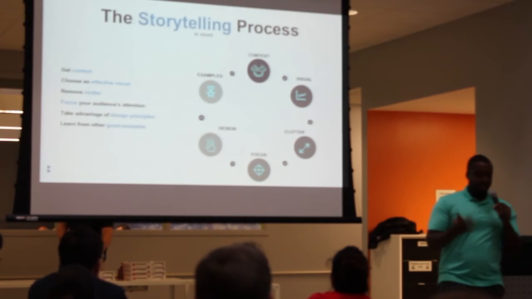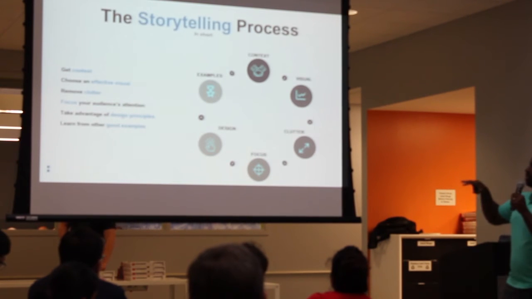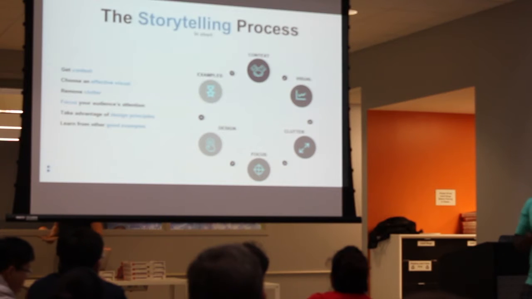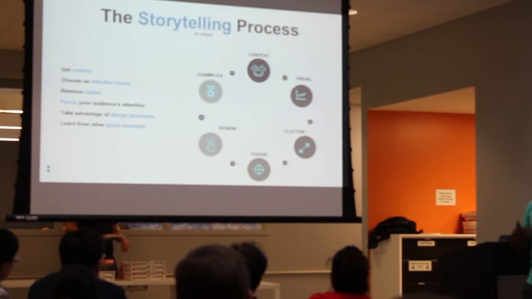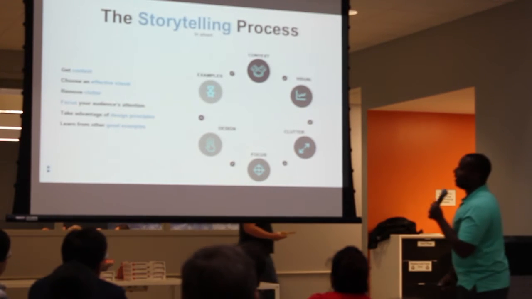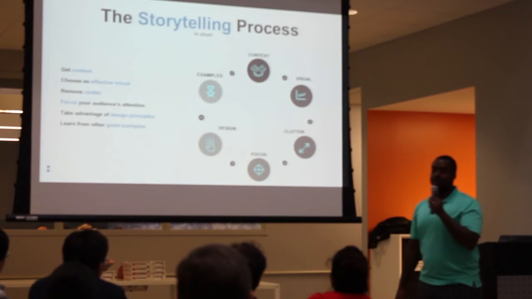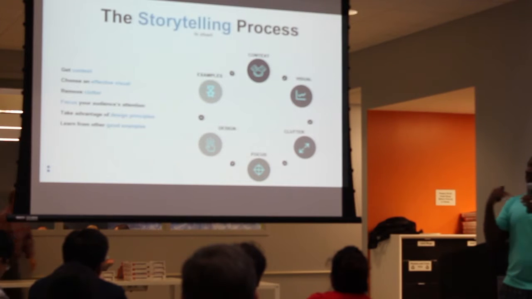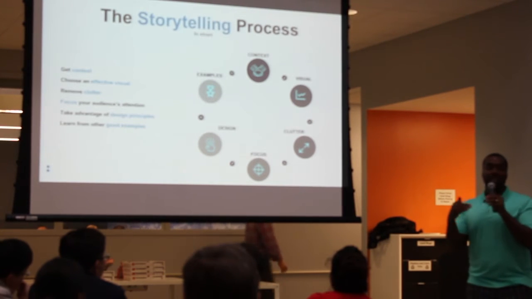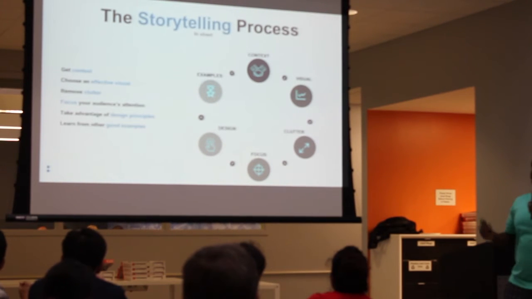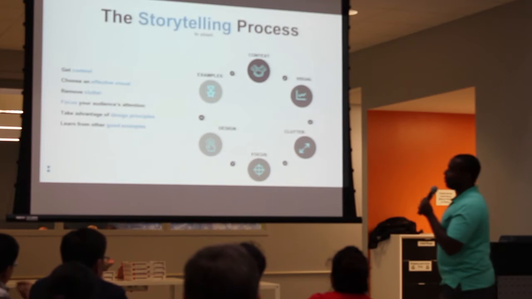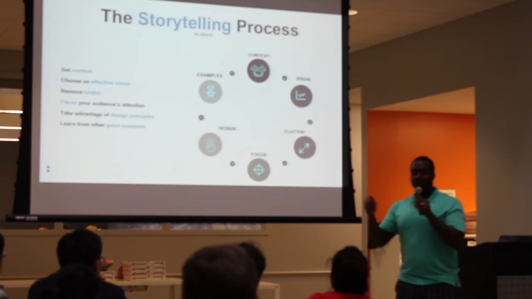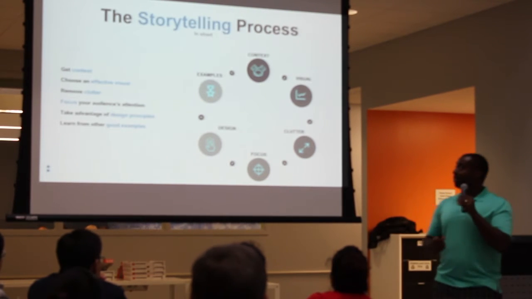So in short, it's a process. The first step is to get the context. We need to formulate the story. We need to understand our audience and figure out what the story is. We need to then figure out how to pair our story with an effective visualization. And there is some guidance from the first book I talked about, effective visualization. I pulled some guidance from that for us to go over.